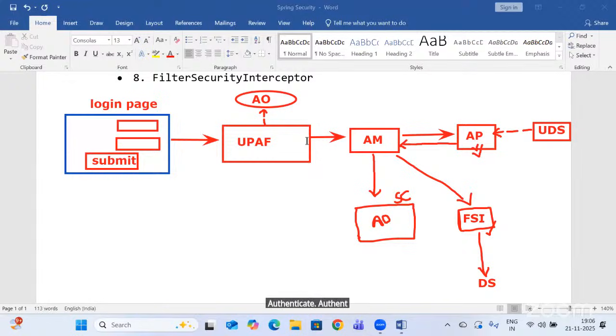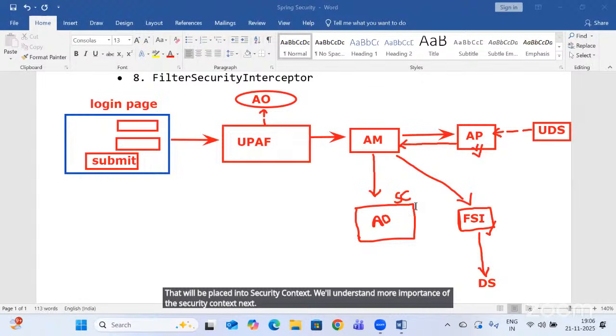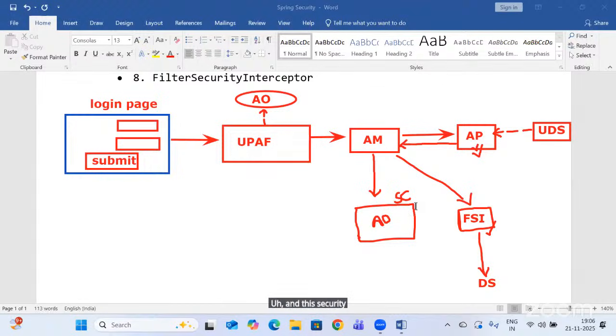Authentication object of the authenticated user will be placed into the security context. We'll understand more about the importance of the security context next. This security context is managed by the security context holder. Once this is completed, the authentication manager is next going to call